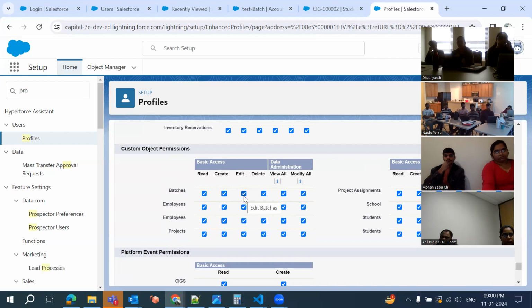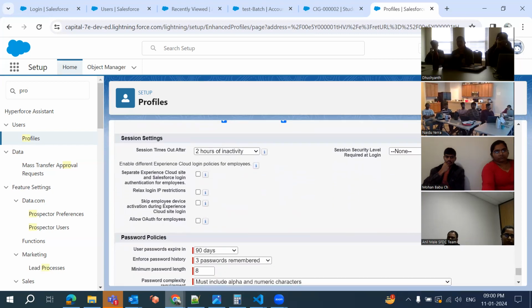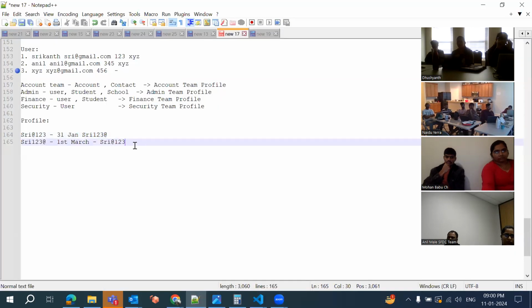If you would like to give access, navigate to the profile and click on edit. Then go to the object level and select the appropriate checkbox. Then automatically they will get access. So as of now, in the profile level, what we discussed